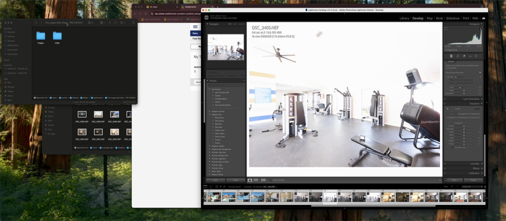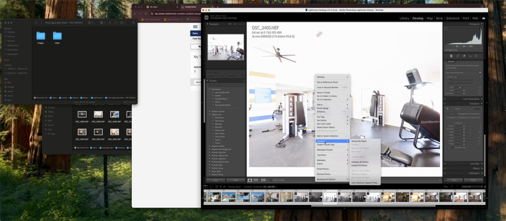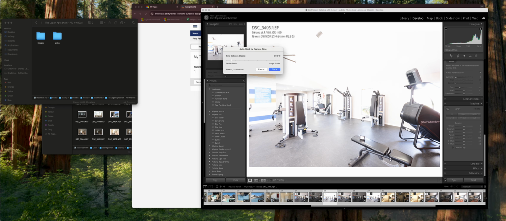So if I go all the way up to the top of my screen, it's over here. I can do it right on screen here. I can come back over, right click, and go down to where it says stacking. Now if I just hit group into stack, it's going to stack all of those images into one image. We don't want that. We just want the three that were taken at the same time to be auto stacked together. So I'm going to click auto stack by capture time, and you'll see